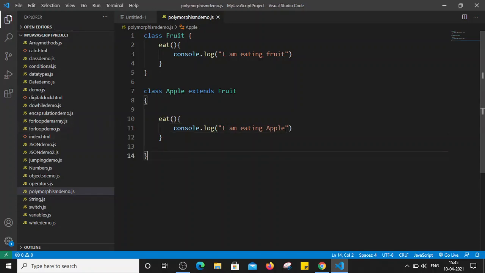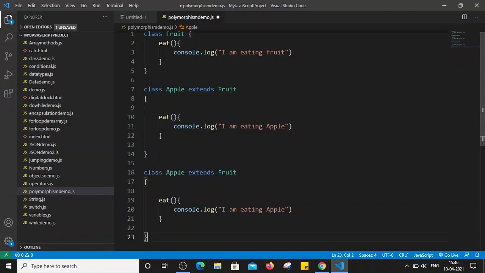Similarly, we will create one more class that is extending the class fruit. I'm just copy pasting this, so I'm going to create one more class, class mango extends fruit, and in that class we will have the same method, eat. The only difference is the implementation is different.